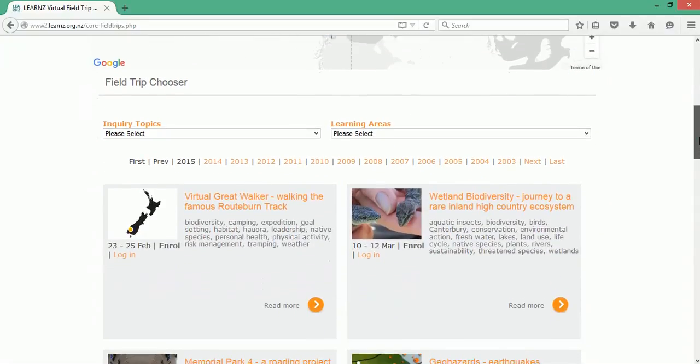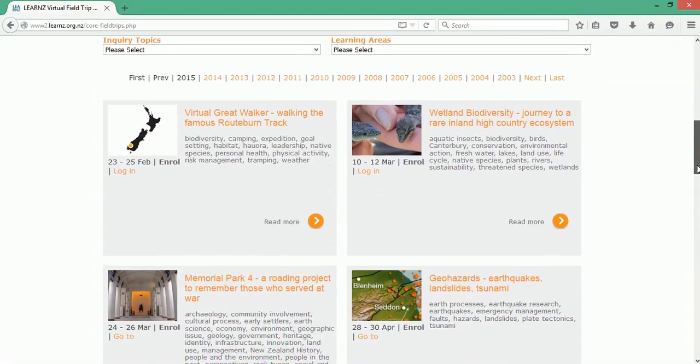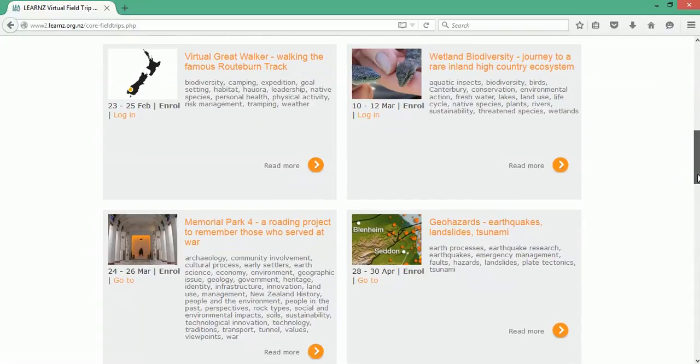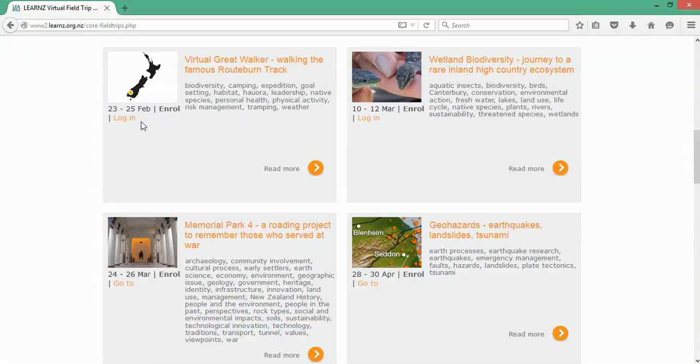So this one called Virtual Great Walker was the one that I just set up a class access to. I could log into any of these field trips with the credentials I used as a teacher to get into MyLEARNZ. That works for everything. You get access to everything. But if I just want to test the login that I'm going to share with my class that they can take home